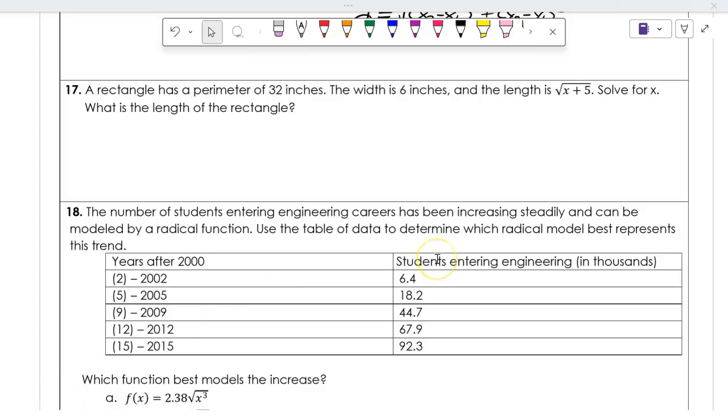Okay, I got two more problems I'm going to go through with you guys. Number 17 right here is one of those. All right,